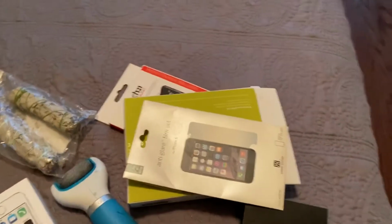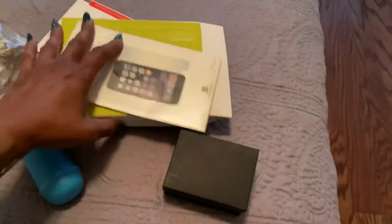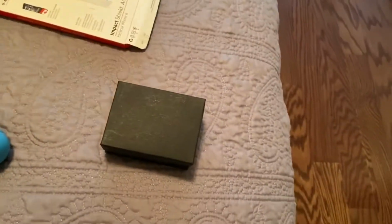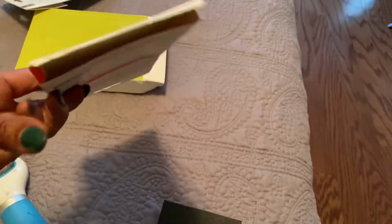Also in the master, I found a box with some old technology things in there, but this is actually an empty box. I'm not even sure why it was being kept in the box, but there's nothing in there. And then I found